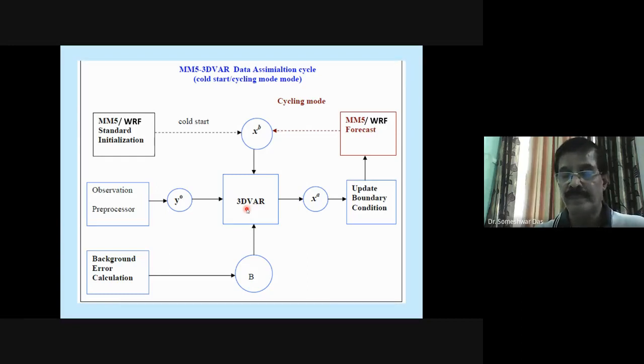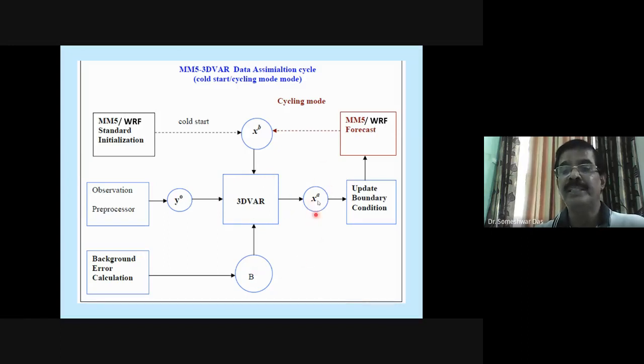The cost function is what we explained earlier: the sum of JB plus JO, the error because of the background field and the error because of the observations. This is the 3D-Var system which does all these things, and after doing all that, you get a new analysis, XA, after merging all the new observations into the background field.